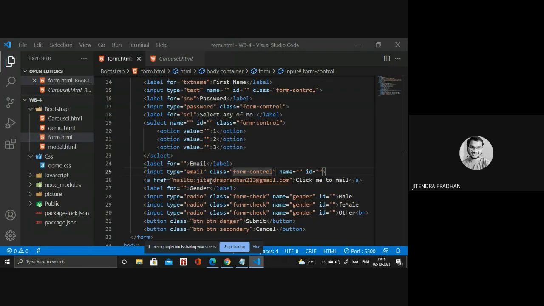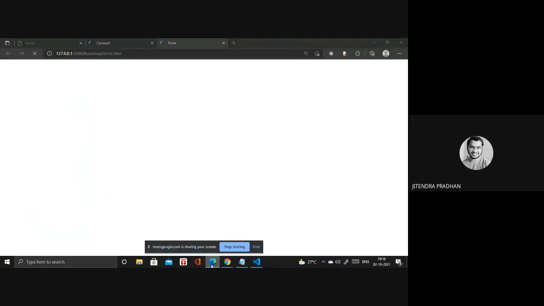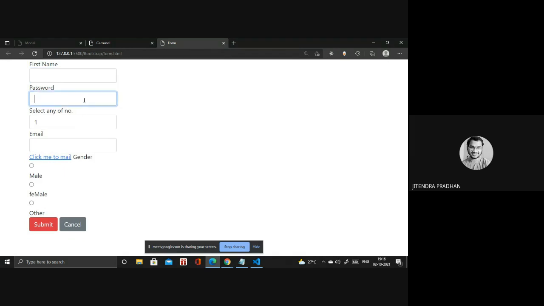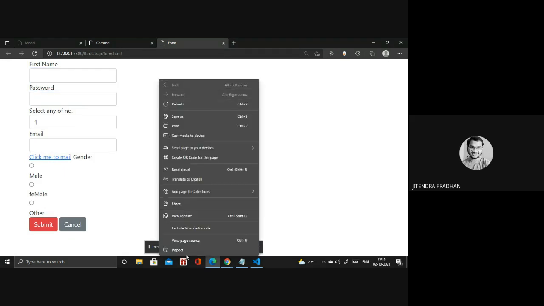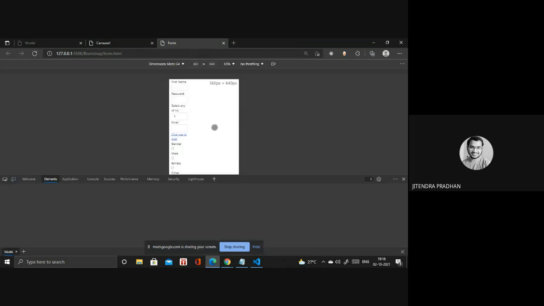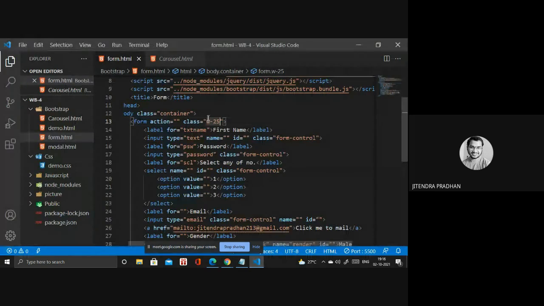Okay, if you want it a little bit smaller, then you have to use a class, like a size class. If it's not working, then you have to use cases. It's working fine. Okay, if I open that inspect, it does not look good. That's why you have to use 100%. So it will be responsive.